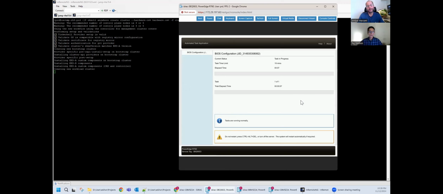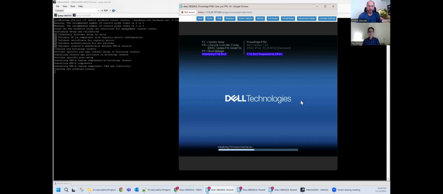Once those are over, it'll again go back into a boot sequence. So we can see that the control plane is now entering the Pixie boot cycle, Pixie boot requested by iDRAC. And like I said, iDRAC is being instructed, or that feed is coming from the Tinkerbell side, running on the